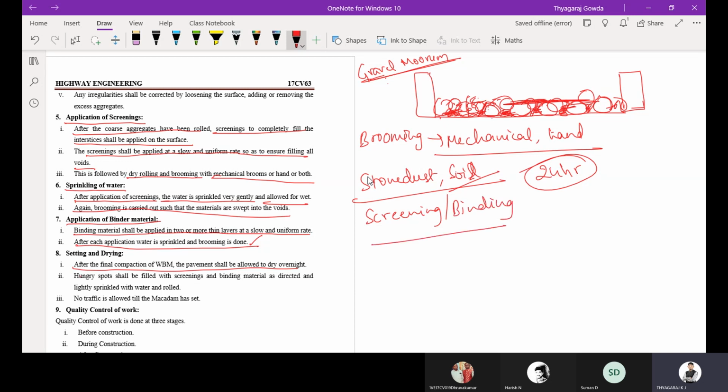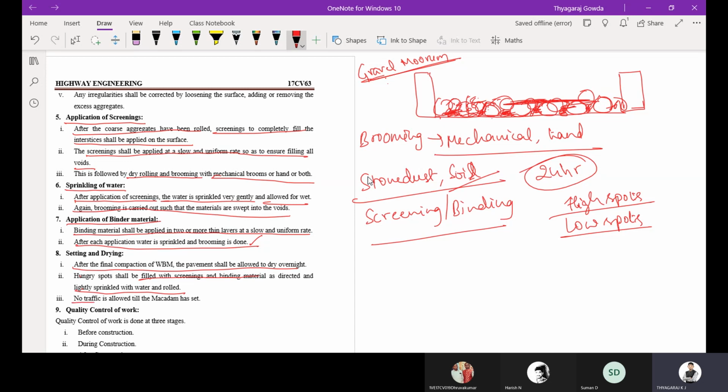Hungry spots shall be filled with the screening and binding material as directed, lightly sprinkled with water and rolled. So high spots and low spots you are going to verify and rectify by placing new material, sprinkle the water, and roll it again.